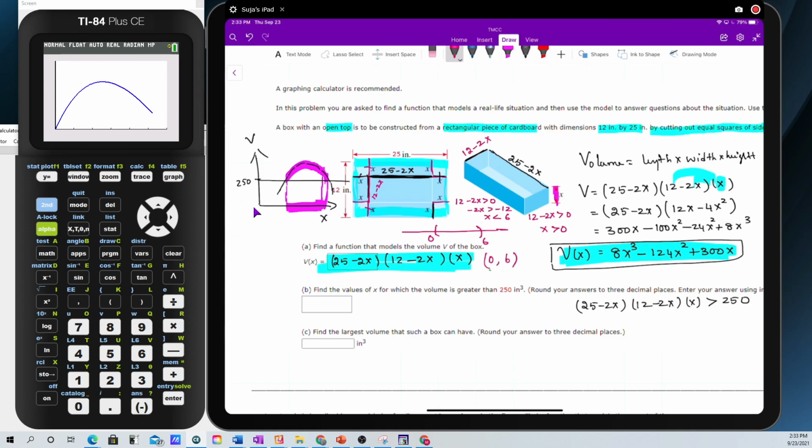I think that's good. Okay, so there is a place where the graph, so this is my 0, this is my 6, and that's where I am going to have a box, and this is where I have a maximum value. So now if I graph my y equals 250 line,